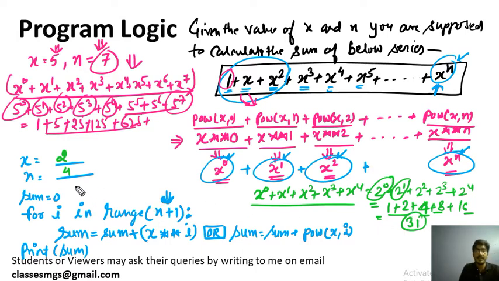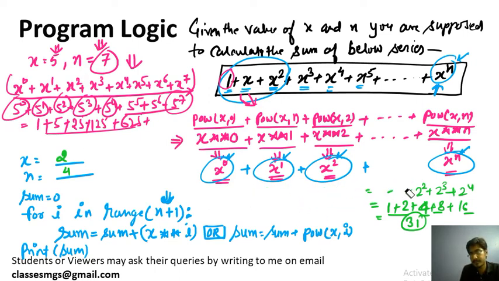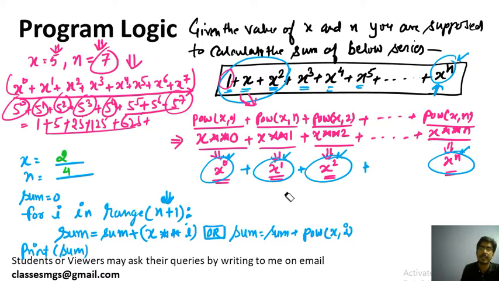Now let me run this program. I am rubbing this out so that we have some space. I already explained what I want to calculate. Now we will see how this program works and calculates what we want. Let x equal 2 and n equal 4. Then sum is initially, let's suppose, a variable having value 0.